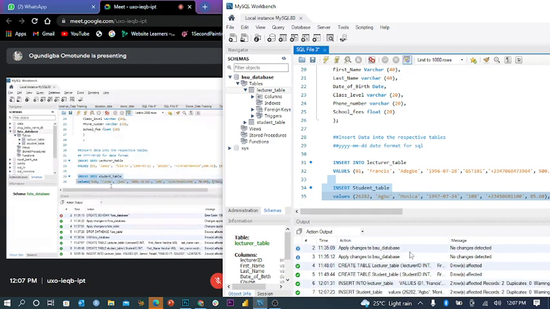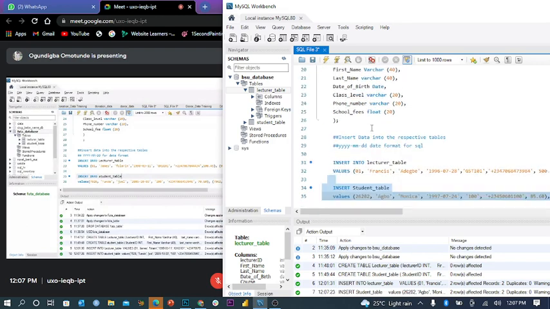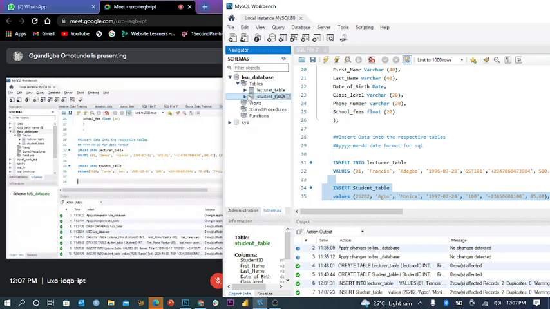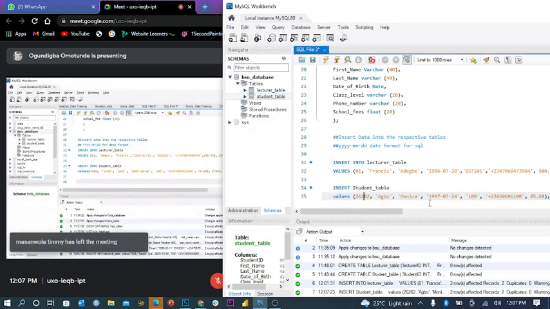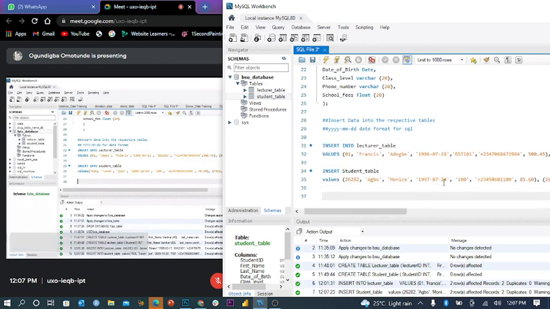Now let me try and insert this into the table. So now it has been inserted. Everything we've been doing since morning might not make sense to you because you've not seen where those values you've been inputting went to. So for us to retrieve or see what was stored in our data, that's what we call retrieving or querying your data sets.